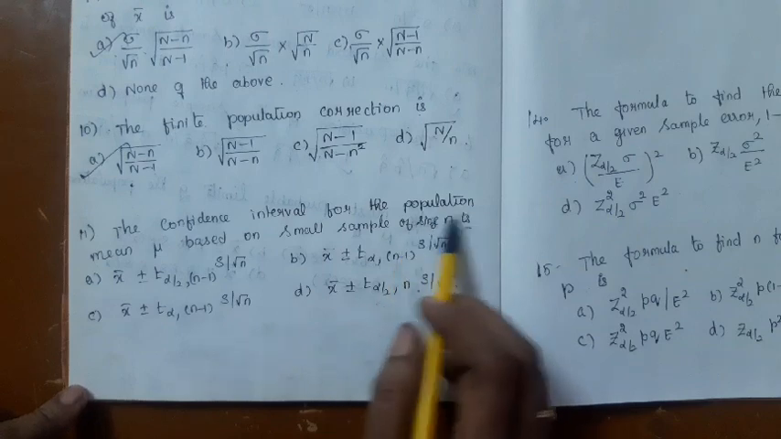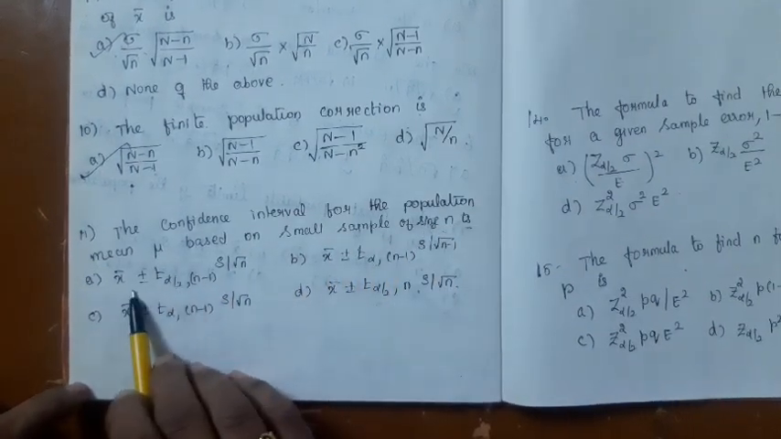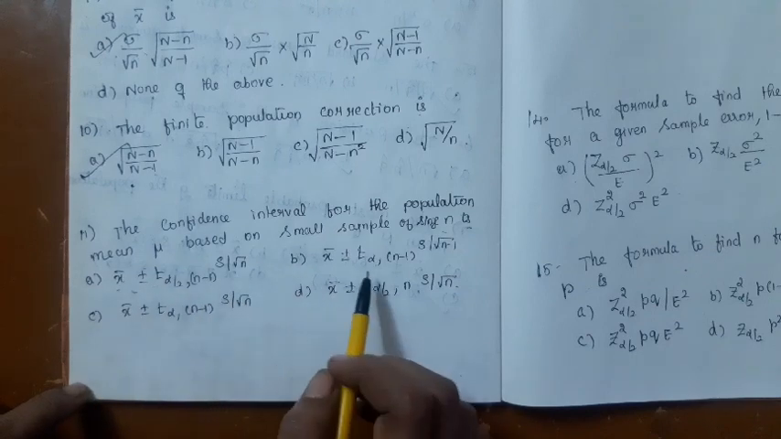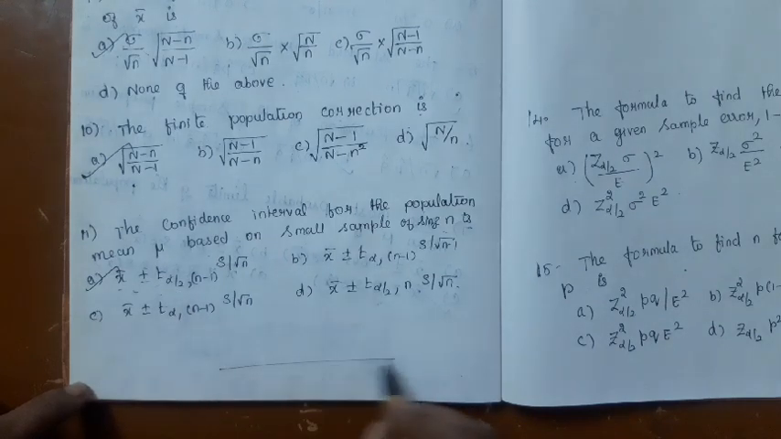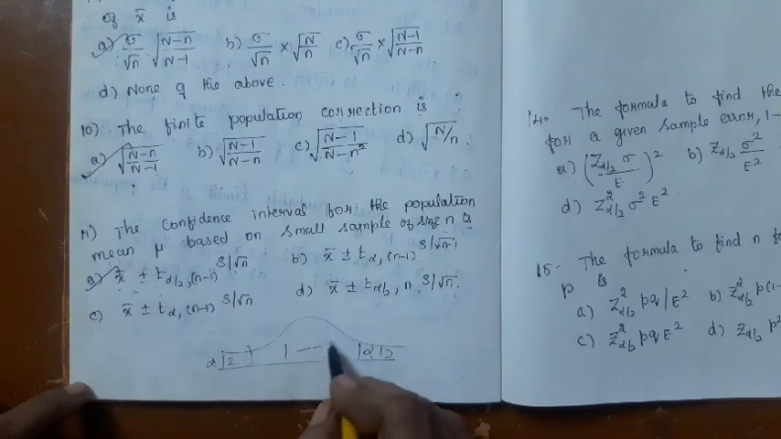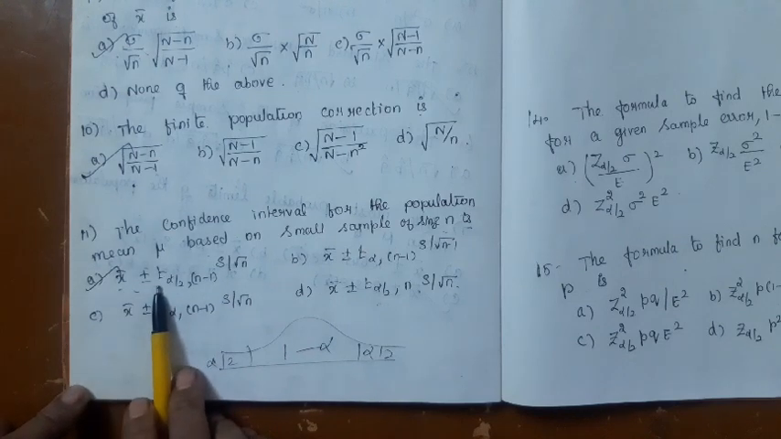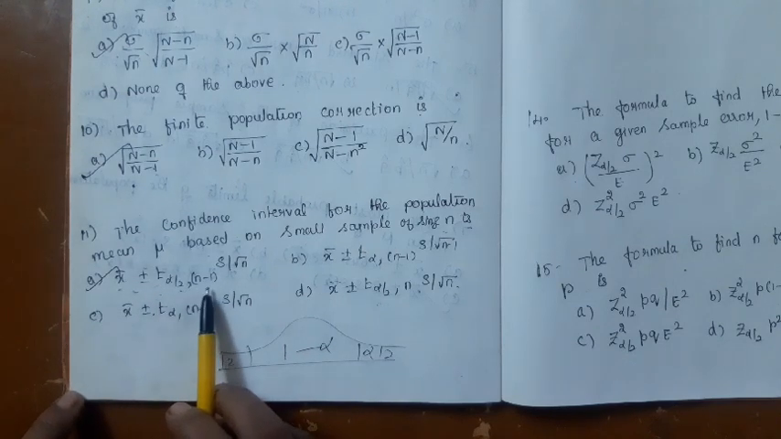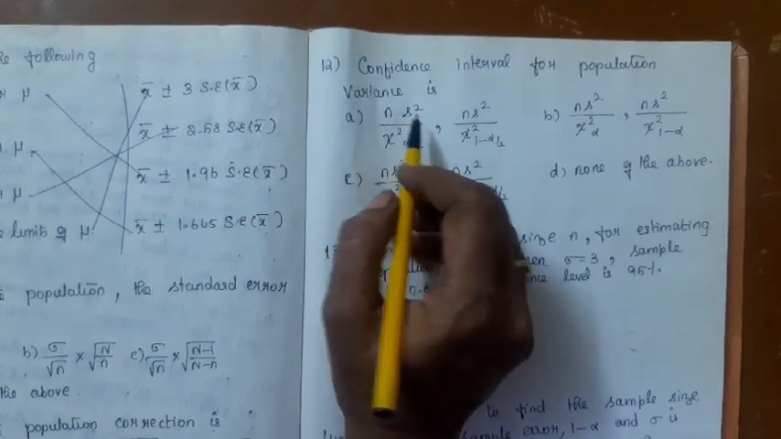The confidence interval for the population mean based on small sample is this. X bar plus or minus t alpha by 2, because you should have alpha by 2 at both the tails, and this is 1 minus alpha. The standard error is s by root n. So it is x bar plus or minus t alpha by 2 comma n minus 1 into capital S by root n. The confidence interval for population